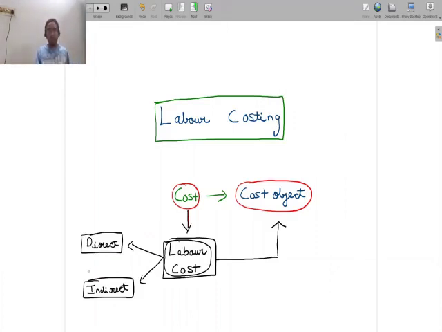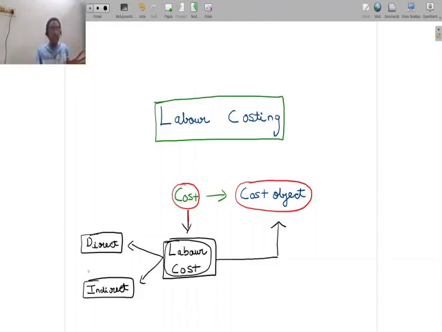To give you an example, I'm considering a product as a cost object. Every unit of a product, let's say, is a cost object. Now, to manufacture every unit, you may hire a person who works for 5 hours, and for each hour the person may be paid 10 rupees. So for one unit of the product to be manufactured, 50 rupees may have to be spent. So we say that for that product, 50 rupees of labor cost has to be incurred. So we can understand that here the labor cost of 50 rupees that we are talking about in this example has a very direct connection with that one unit.